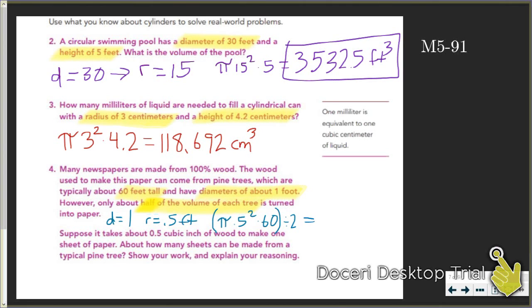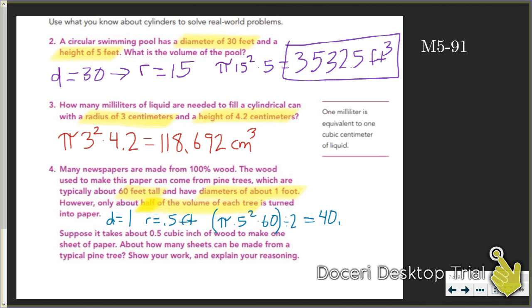Okay? So I know that looks kind of confusing, but all I did was I took the volume formula, which is pi times radius squared times height. Our radius was 1/2 and our height was 60. But then it said that half of that answer is what we use for paper. So this equation that I wrote out is really the amount of each tree that we're going to use to create paper. Okay? So when we take pi times 1/2 squared times 60, and then we divide that answer by 2, we end up with an answer of